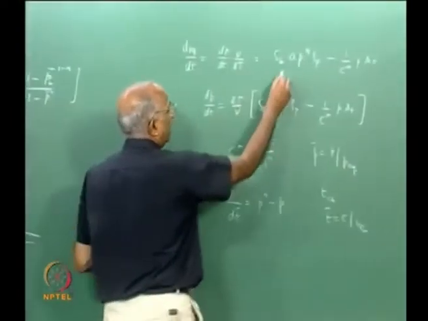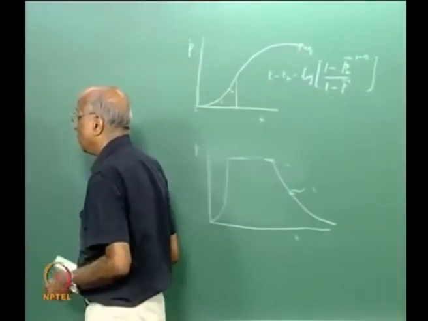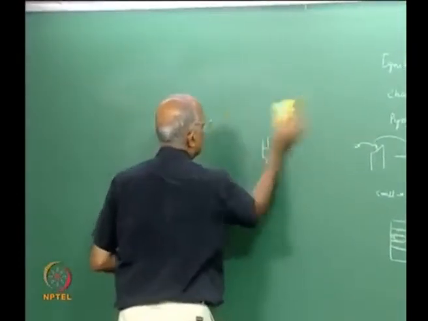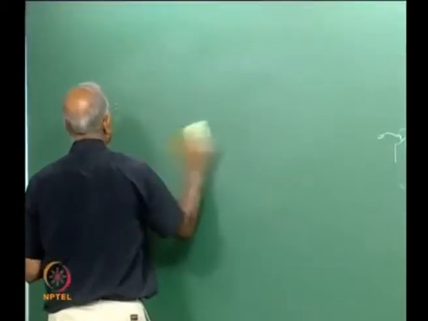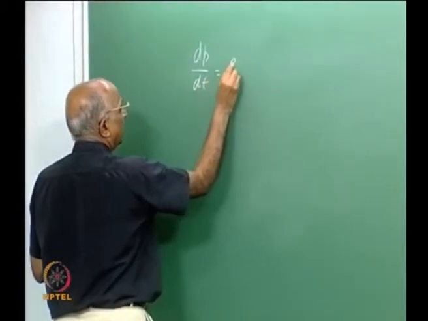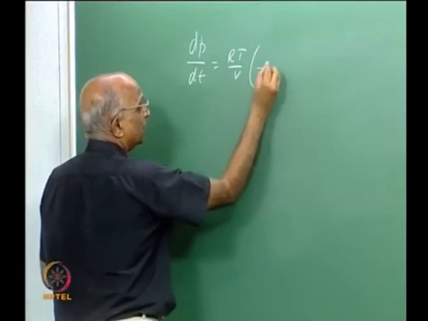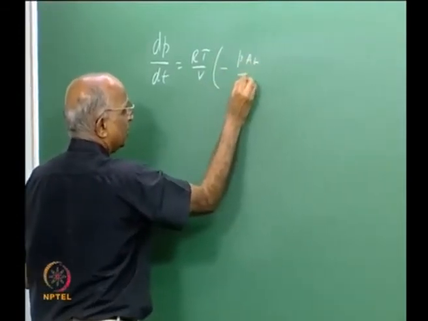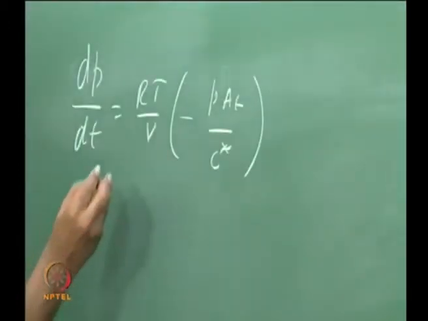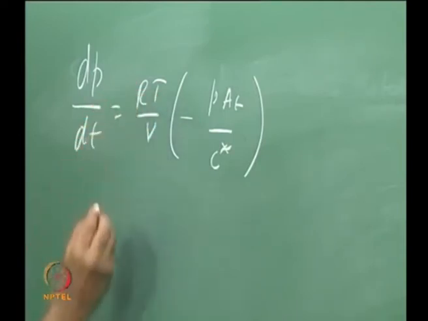Well, all the propellant is getting consumed over here, therefore the equation which we derived in the last class was dP by dt again RT by V into the rate of depletion, which is minus P into AT by C star, which is m dot n, correct, and therefore we did the same non-dimensional RT is equal to gamma square into C star square,